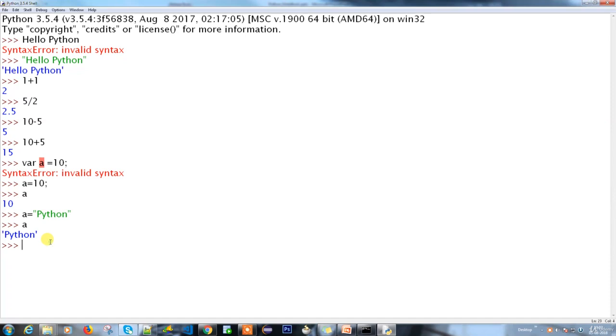So this is a simple step: how we create variables in Python. The step is the variable name equal to the variable value. You don't have to do anything else.